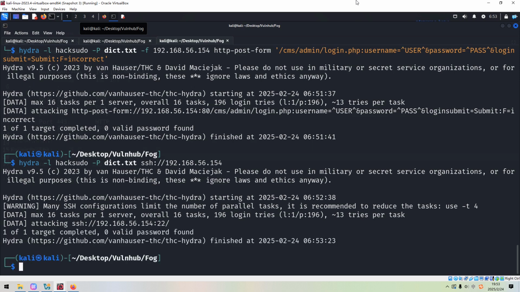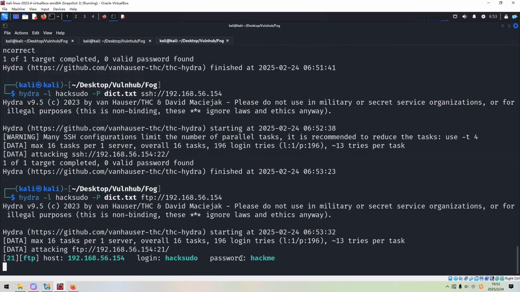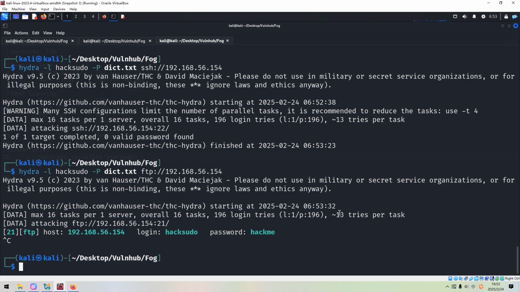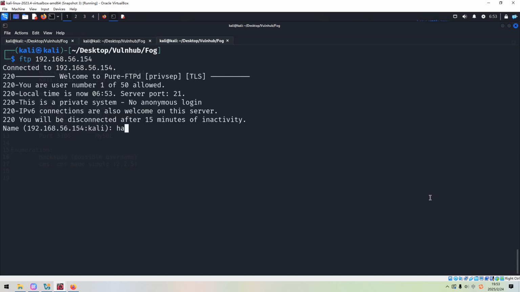Okay, it's done. 0 valid password found. So we change SSH to FTP. Press enter. Very quickly, we got a password for this user. So then we can connect to the FTP on the target, Hacksudo, and the password